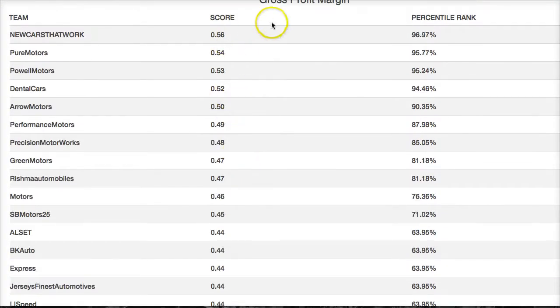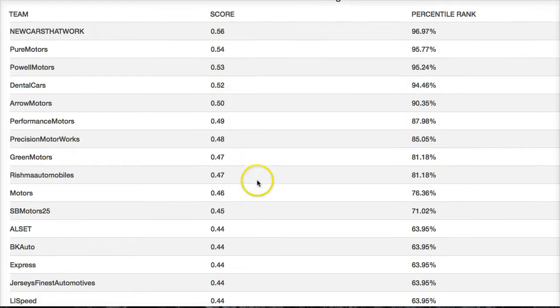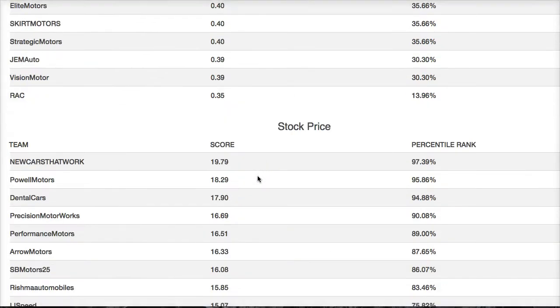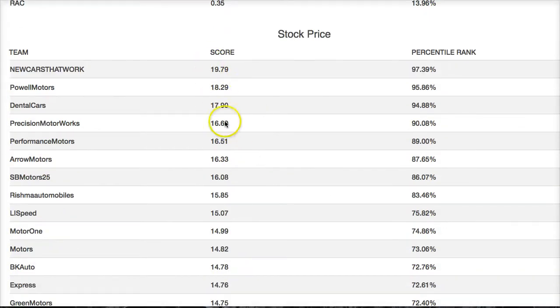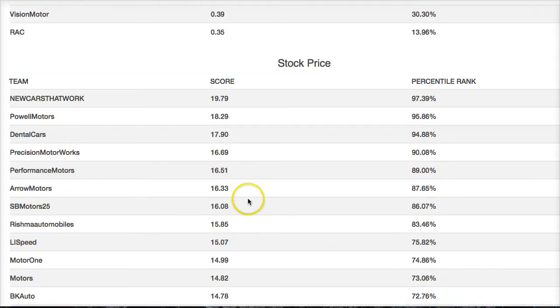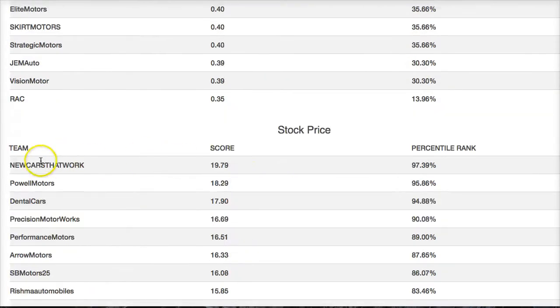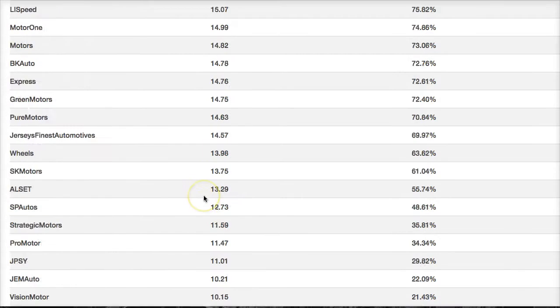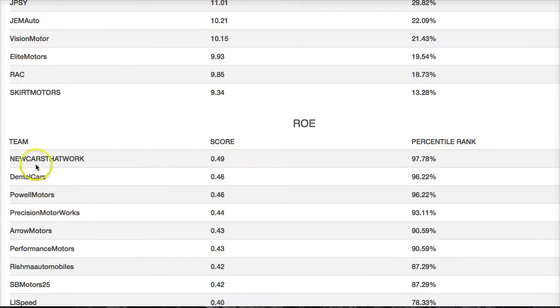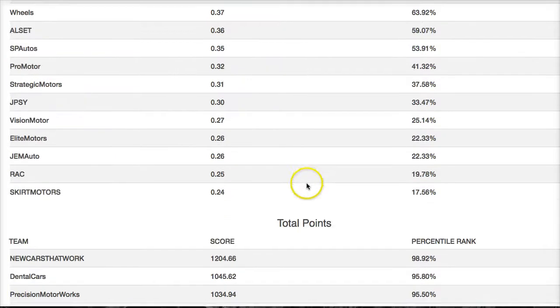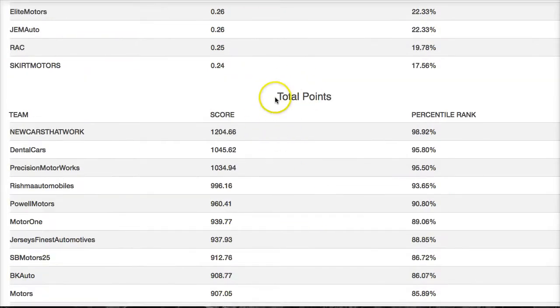Whatever your gross profit margins are, you have to do better, because that's what investors are expecting in the real world and in the simulation. And stock price goes up along with increases in earnings per share. The company that generally has the highest net profit margin and gross profit margin typically has the highest stock price, but not always. Return on equity is your return on the equity dollars invested in the company.